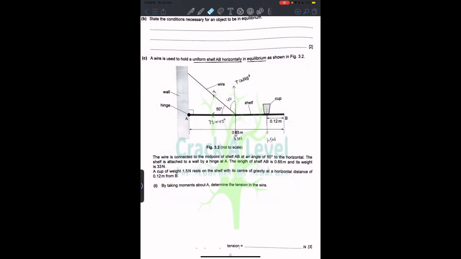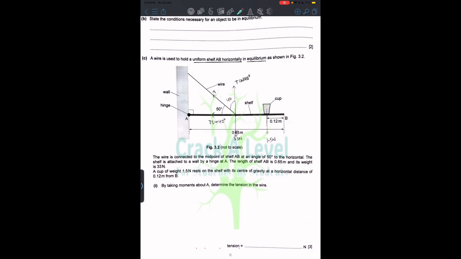Sorry about that. It says the wire is connected to the midpoint of the shelf AB at an angle of 50 degrees to the horizontal. The shelf is attached to the wall by a hinge at A. Yes, it is attached to a wall by a hinge at A. The length of the shelf is 0.65 meter and its weight is 33 Newton. So its own weight is 33 Newton. A cup of weight 15 Newton rests on the shelf with its center of gravity at a horizontal distance